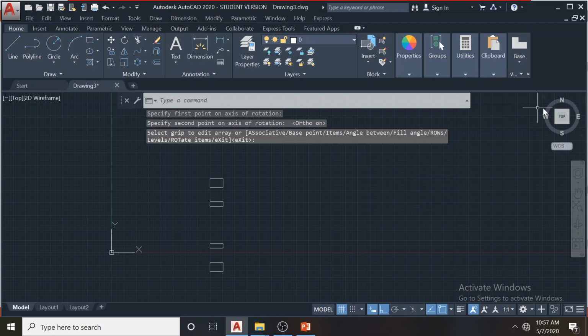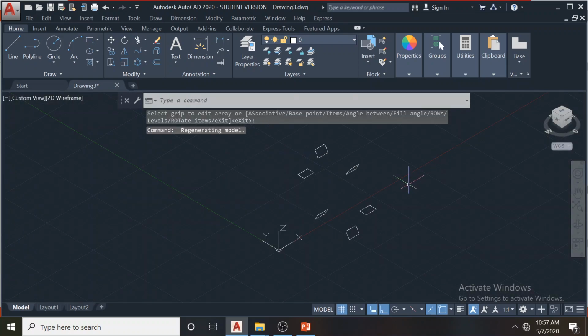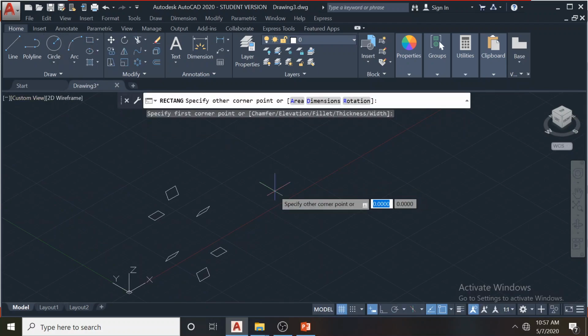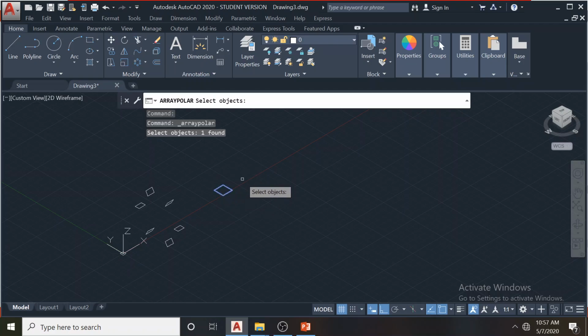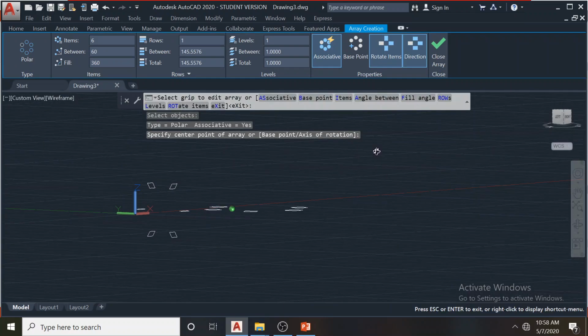you can't see it. The problem here is this array is coming out of the screen. Now this is like a 3D array, so you see it is like this. The earlier array was different. The earlier array was a 2D array. If I just do it here, you can clearly understand what I'm saying. Polar array, just give this, enter, center point somewhere here. This is a 2D array.